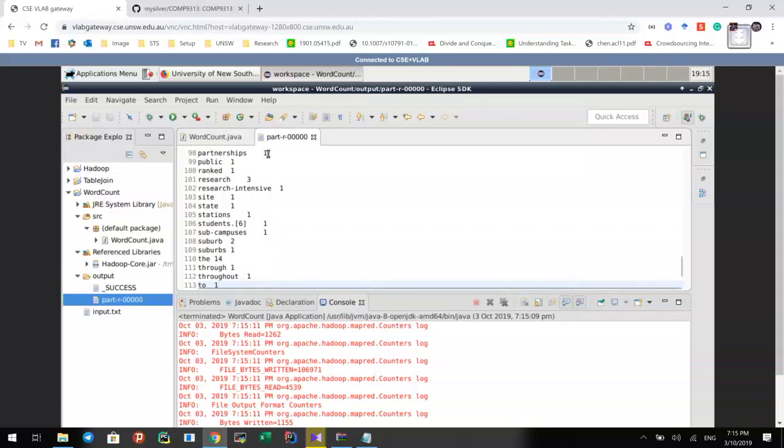So for example, in the UNSW page in Wikipedia, there are 3 instances of research. There are 4 instances of the